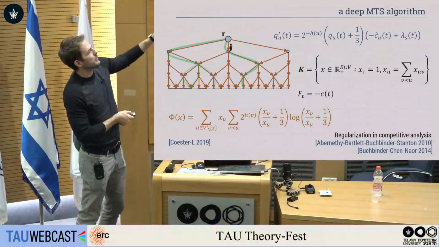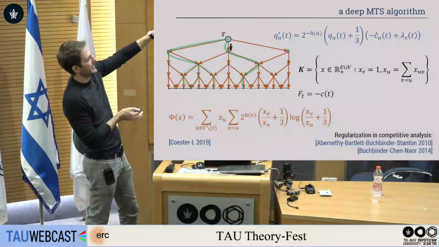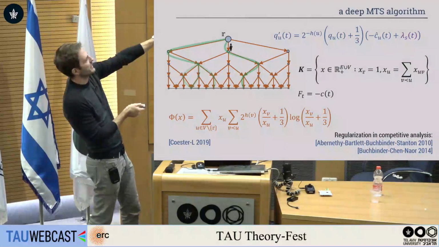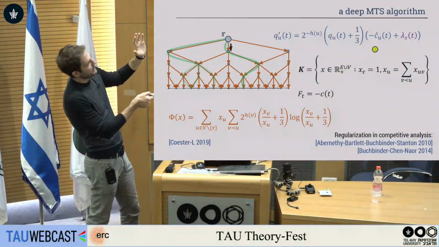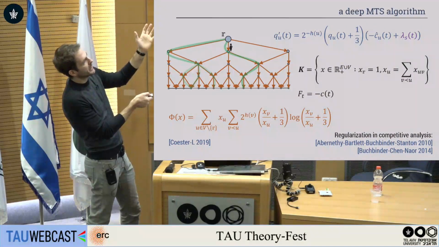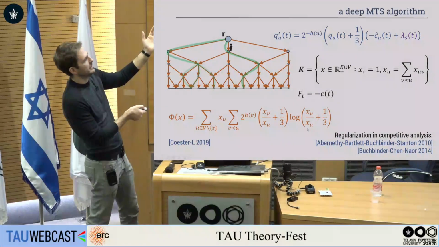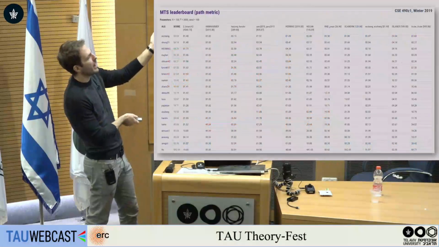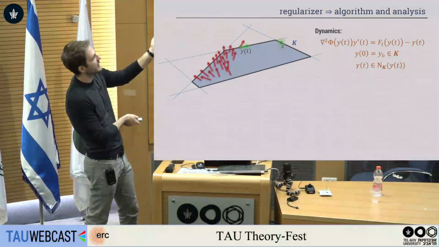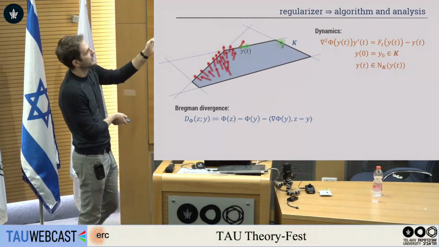Okay. So the first takeaway message here, I'm going to tie this back to the setting of deep learning and also to the rest of competitive analysis, is that you can get these dynamics that look complicated, that would be almost impossible to analyze without the perspective that this is just some gradient flow. But I didn't tell you why these things are easy to analyze. And this is really the most beautiful thing about this